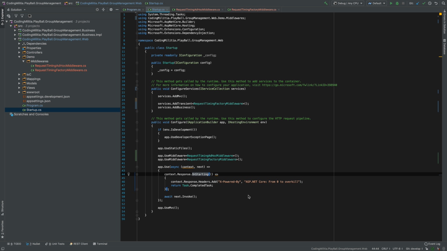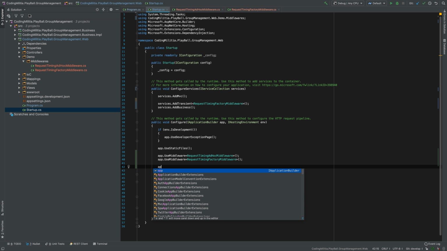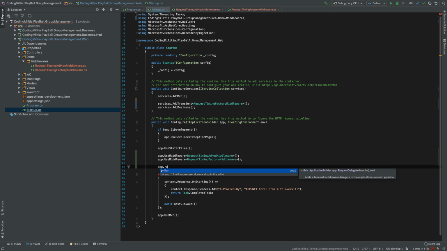There's also another way, that is Run, which is basically what is used immediately in the template. If you saw, the first thing that appears is app.Run hello world. So